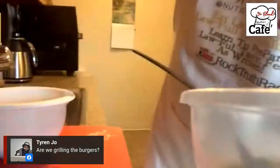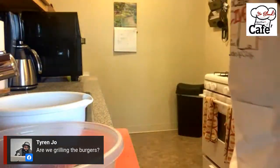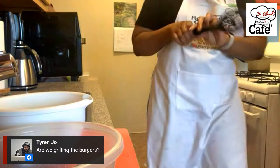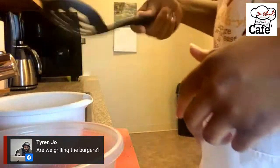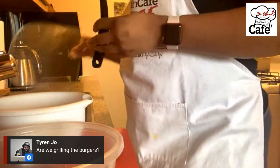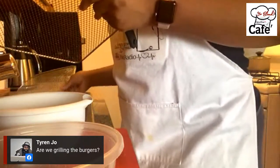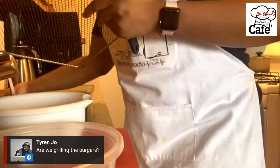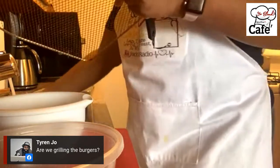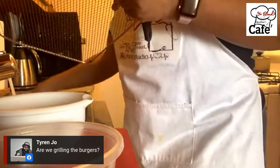So now, and I need a spoon. I'm using the spoon with the holes in it, and that's how I'm going to scoop it out and put it on my rack. So I have my rack sitting in the sink. This is a hack right here. I actually ended up dumping the little okra pieces that I took out of the thing. This is a hack I like to use: I sit my rack in the sink when I'm adding my floured stuff or my battered stuff and all that stuff to it. So that minimizes the mess and the cleanup. So I just clean my sink out, I'll sit my rack in it, and